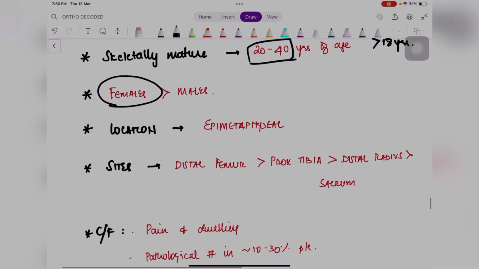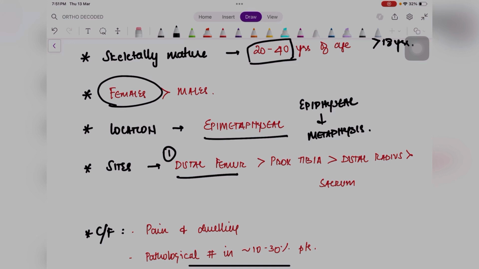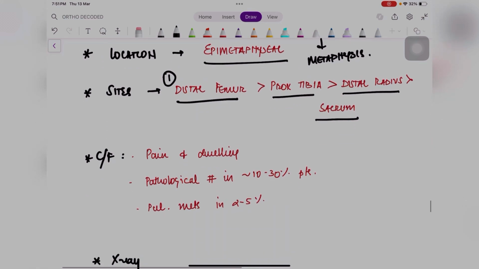The location of these tumors is very important because they always tend to be epiphyseal, but they can also go into the metaphysis. That is why they are known as epimetaphyseal tumors. The most common sites affected by the GCT are, first, the distal femur, followed by the proximal tibia, then the distal radius, and in the spine you can get GCT at the sacrum, that is, the vertebral body of the sacrum. This is the order in which the